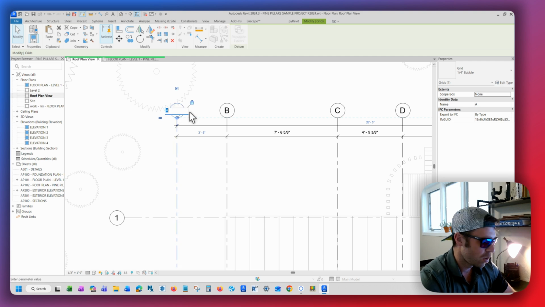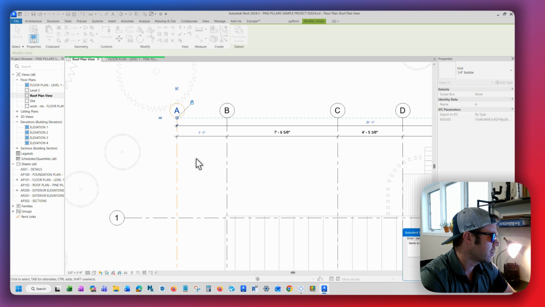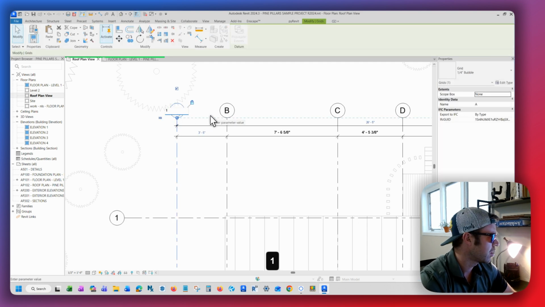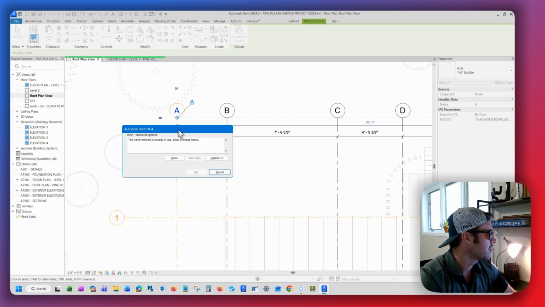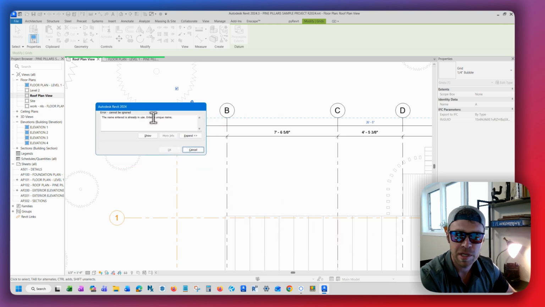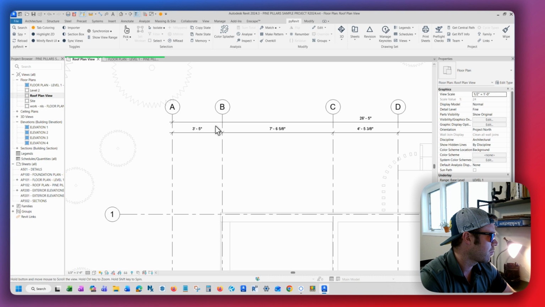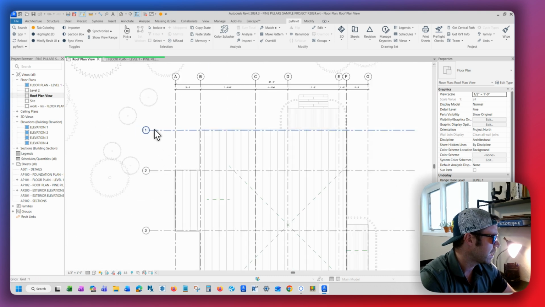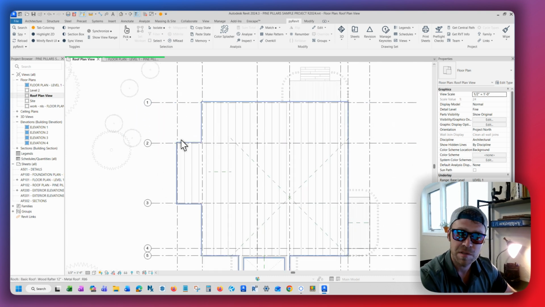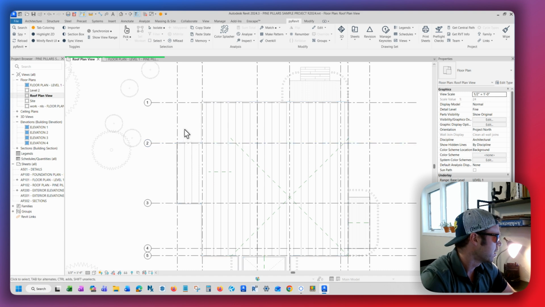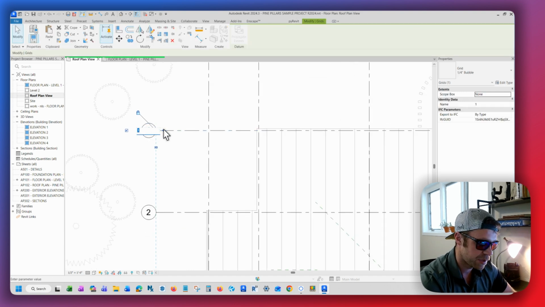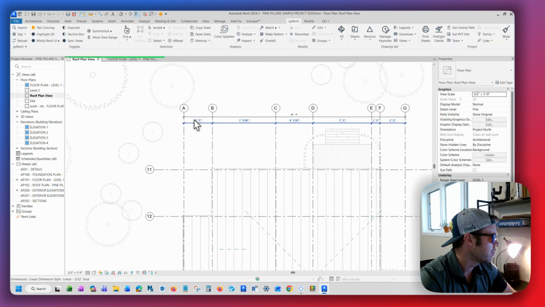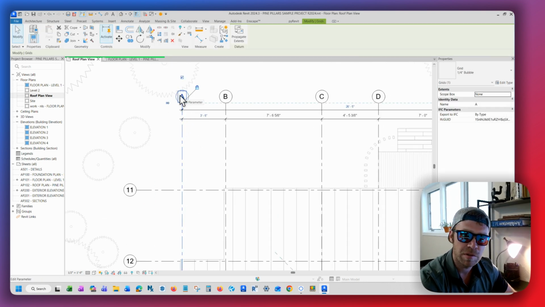Usually you would have to click on the grid like this, change that to a 1, hit enter, and watch this. The name is already in use. There's the warning, you must enter a unique name. So you're going to get that warning and you're going to have to change all these first, if you don't use this tool in pyRevit. You got to change all these to like 11 first, 12, whatever, and then you can,